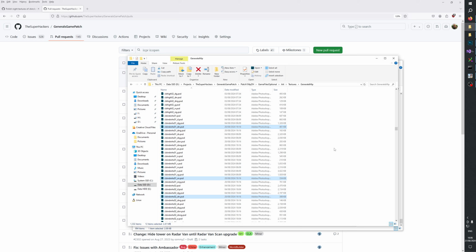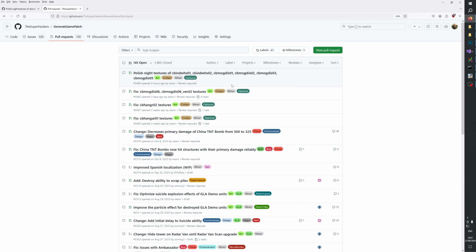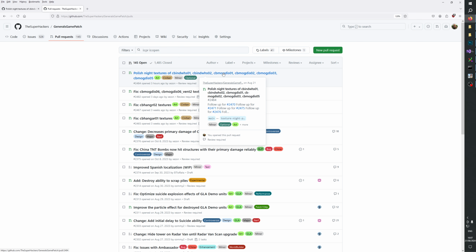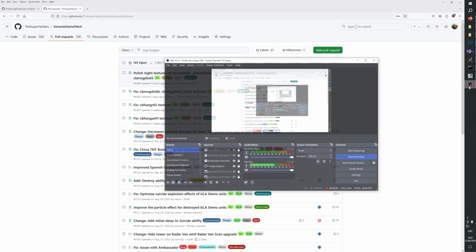Last video, we polished a bunch of night textures that we had already submitted to the Super Patch repository. I've finished that up and already created a pull request for it. I think we can merge that soon. But before we do this,